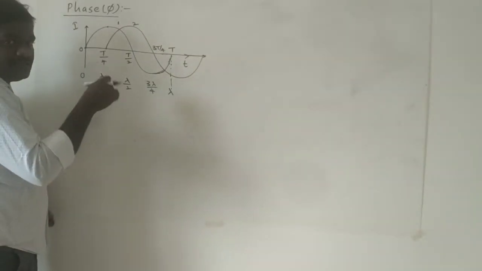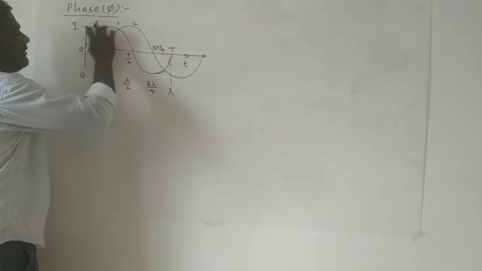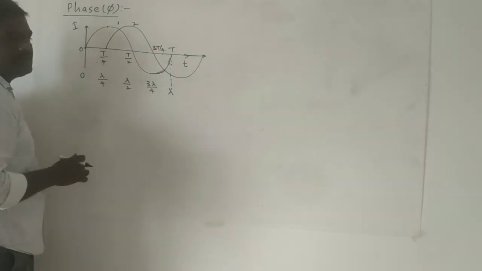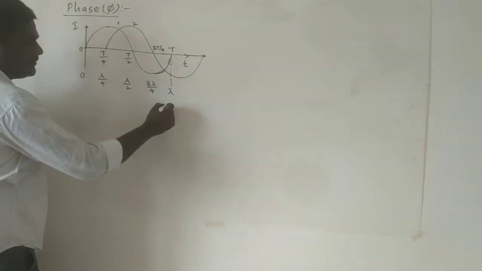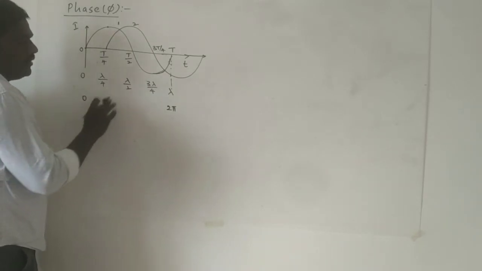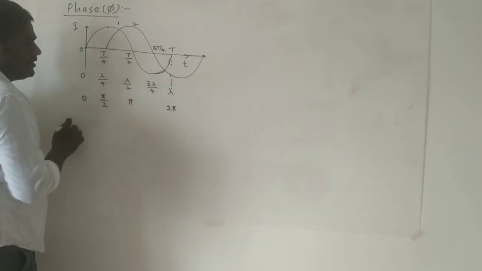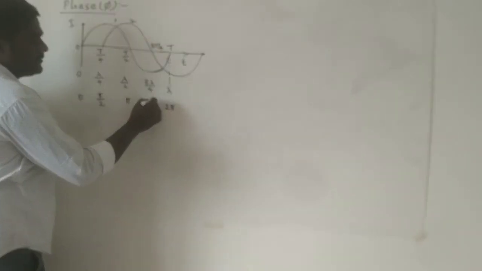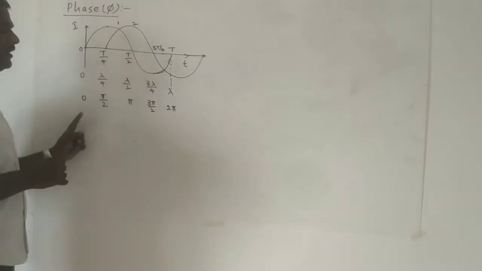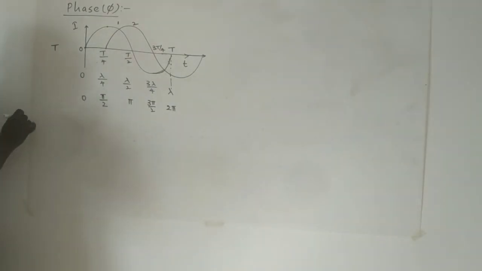Now, if you want to mention in terms of angles, you know, this is one circular motion. This is half of the rotation and this is half of the rotation. What is the sum of the angles in the circle? It is 360, so it can be taken as 2 pi. Now, for half of the rotation it becomes pi. Quarter of the rotation becomes pi by 2. Now it becomes 3 pi by 2. See here in terms of angles. This is in terms of distance. So I mentioned here, in terms of time, in terms of lambda, in terms of theta.